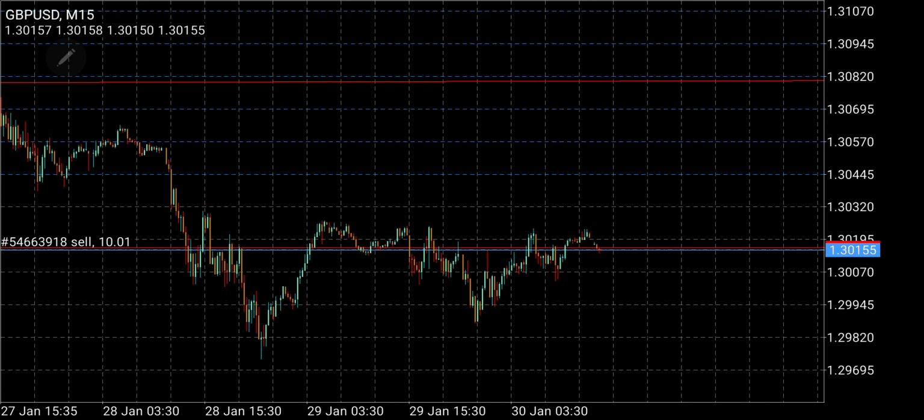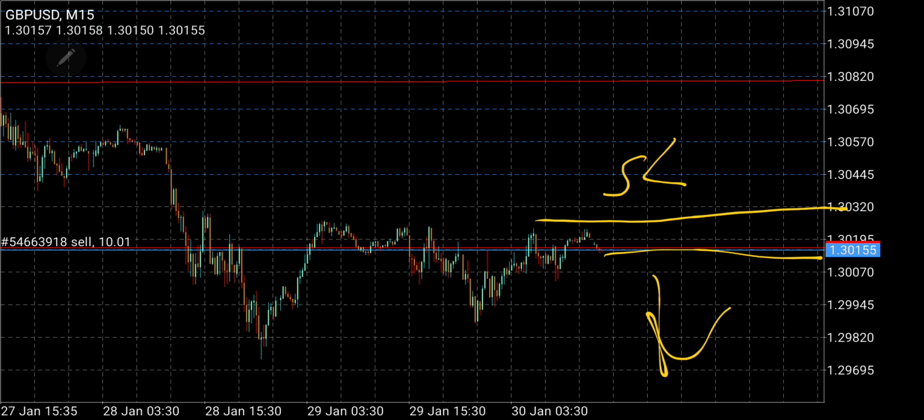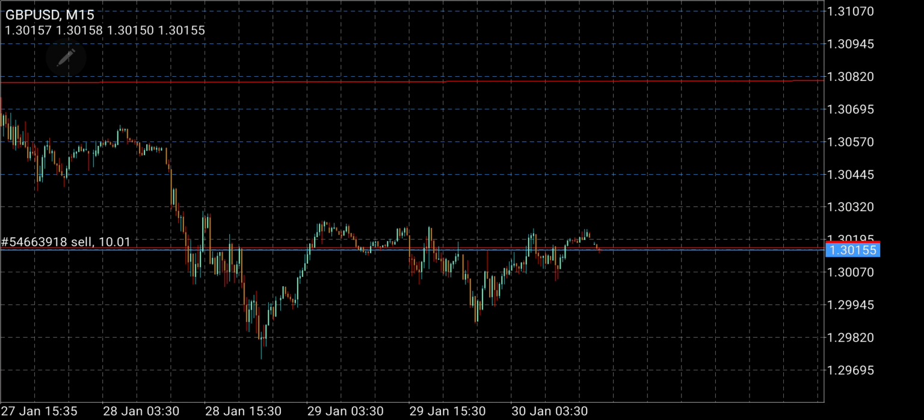So boom, sold here, but that's basically 155. So I could throw a stop loss at 30, like above structure right here. So I have a stop loss up there. I enter right there. Boom. So that's how you do that. So we're just sitting around waiting for breaks.